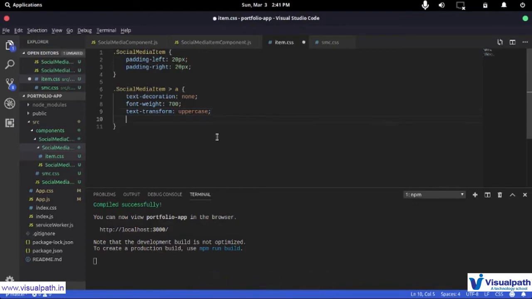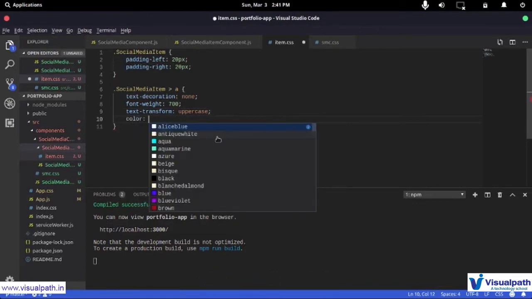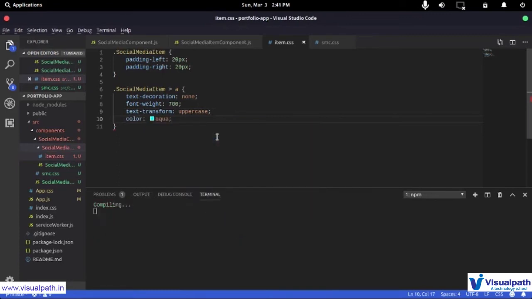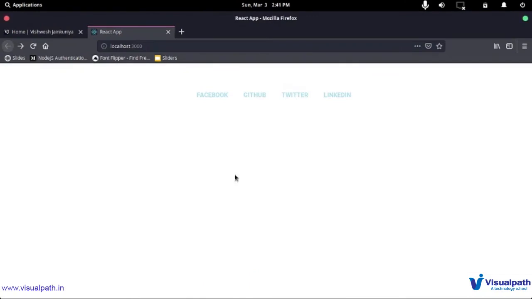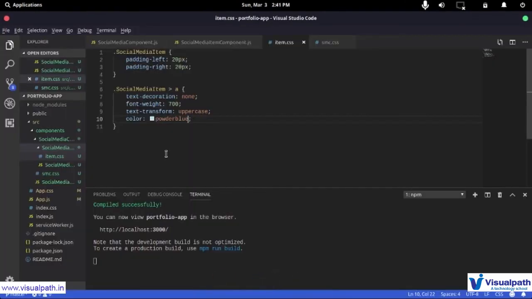Now I also want to change the color, so I can explicitly say I want the color to be, say, aqua for now. But it's not looking good, so let's say powder blue, and this color might be really familiar to you. This is something that Facebook uses, and if I say royal blue, then this should look good.